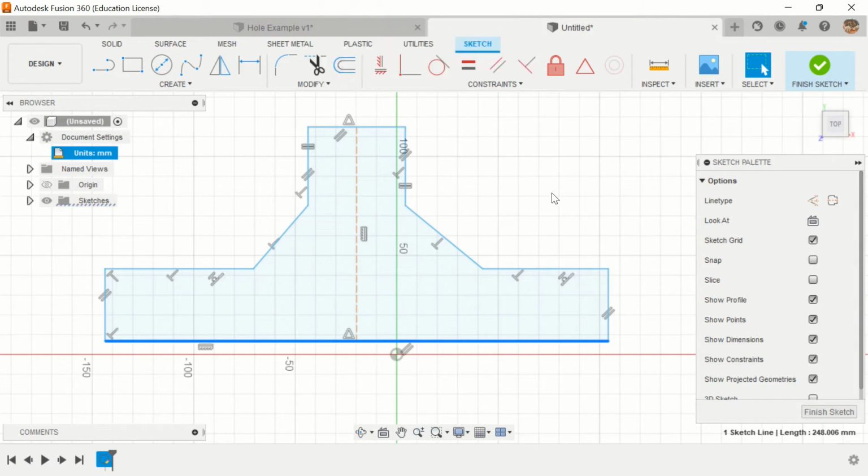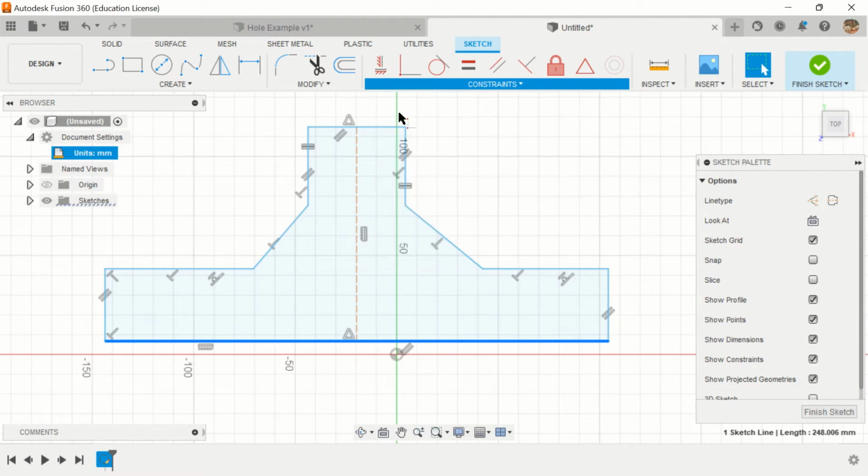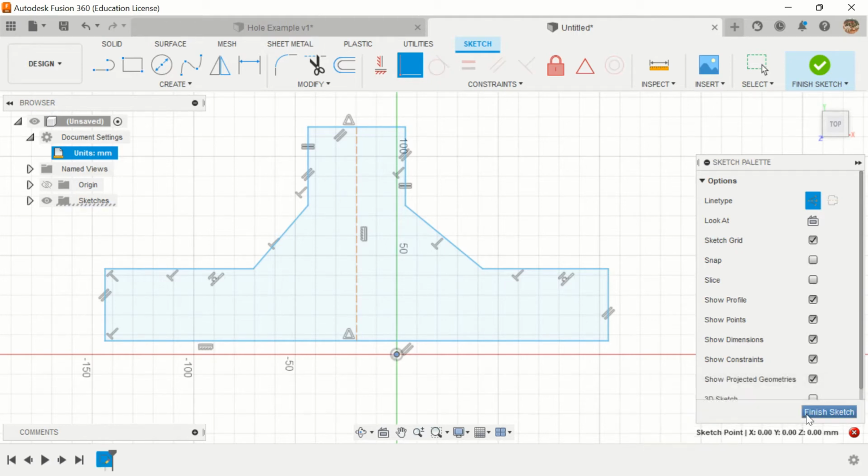We are 14 minutes into the video, so I'm not going to go back and fix it. It's actually poorly phrased, and I think I got this straight from PLTW when it says fix, because it makes it sound like you want to use a fixed constraint, but you don't. What you want to use is coincident, so it constrains the position of 2 points. So I want the position of that midpoint to be with that, and it's saying it's over constrained, which means